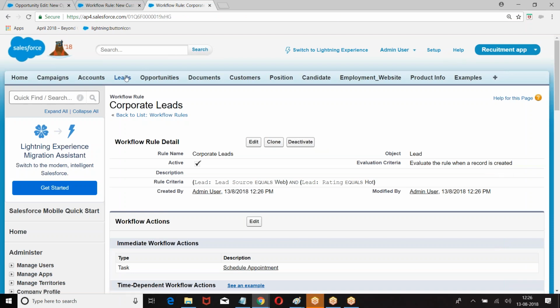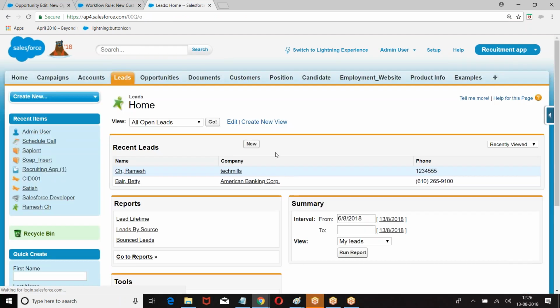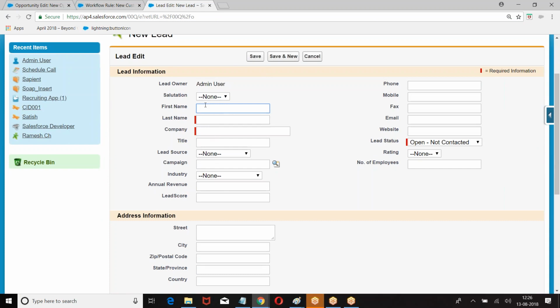Then how do you test it? Go to the lead, new lead, rating equal to hot, lead source equal to web.